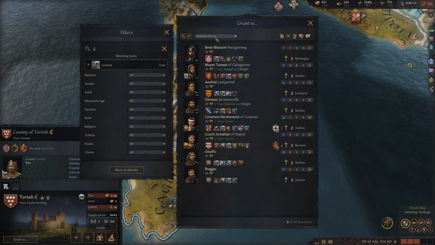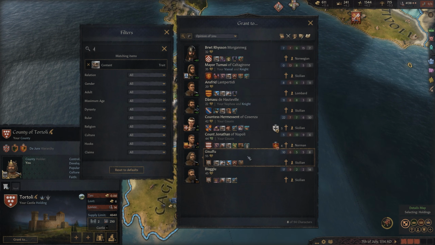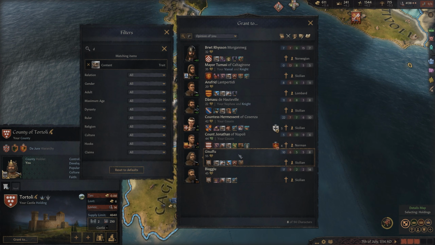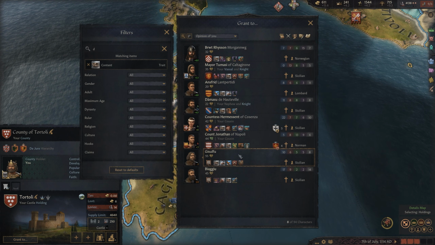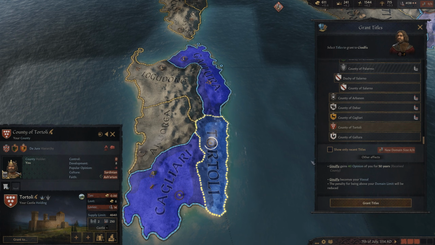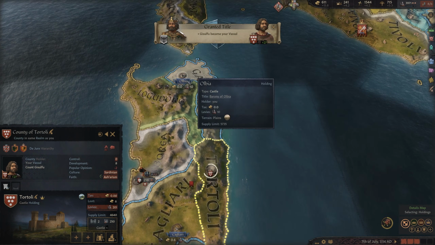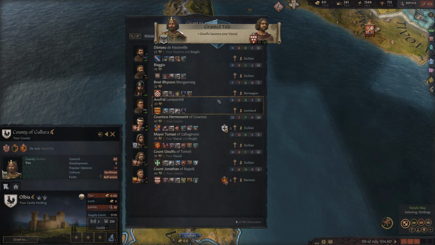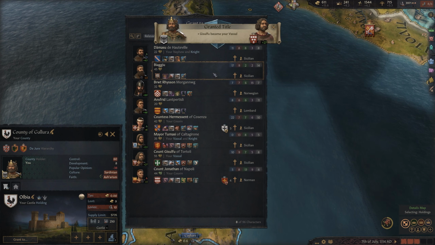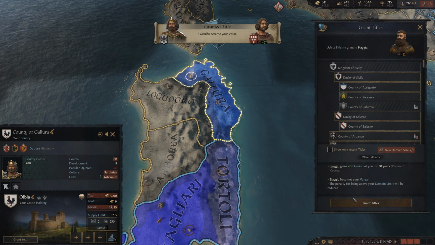So in this situation where I've got 3 cities, I would probably say, okay, well, let's choose, I'll order this by opinion, probably. And let's go ahead and do this guy, because if I'm trying to convert faith, I would want someone who has either a pretty good opinion of me or one I can flip very easily. So we'll give this guy this location. And you know what? Same situation. Let's give it to this guy.